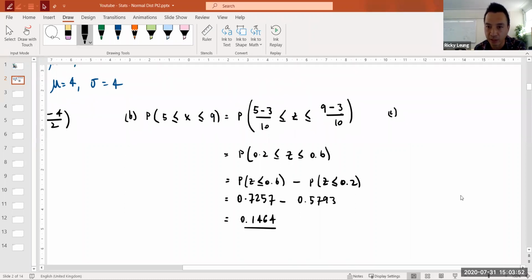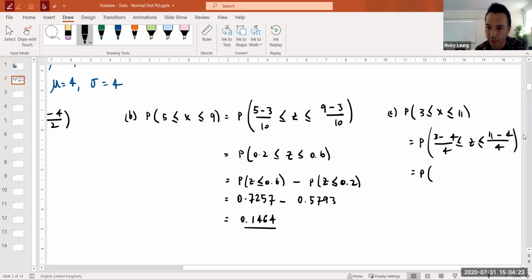For part C, if they want the probability that x is between 3 and 11, so same type of calculation there where you take the probability of z, right? You start with the 3 and the 11, subtract from both of these the average of 4, and also for this question, the sigma is 4 as well. Right, so you're basically finding the probability, what's that, negative, that's a negative quarter, so negative 2.5,